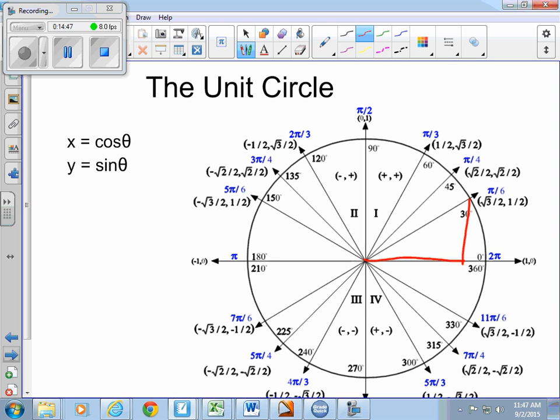Any questions about the unit circle? Explain that last part again. Cosine is adjacent over hypotenuse. If the hypotenuse is 1,